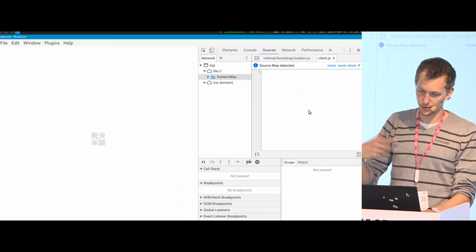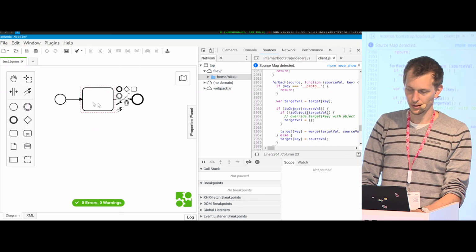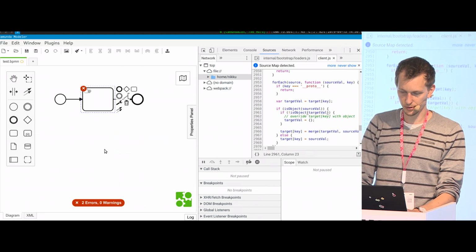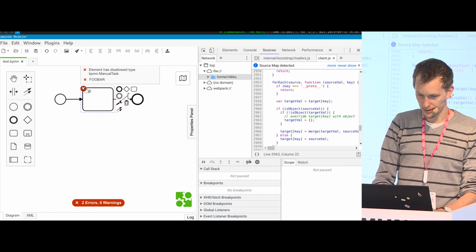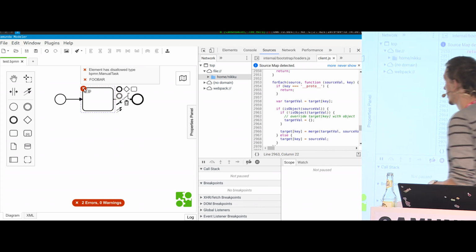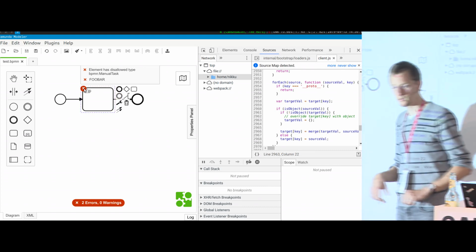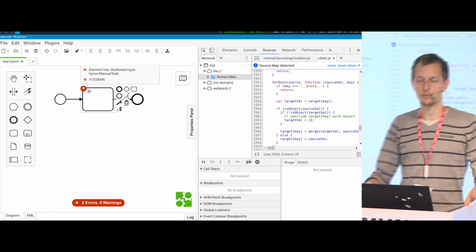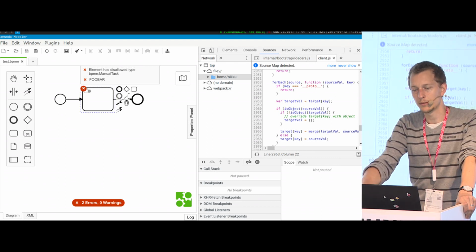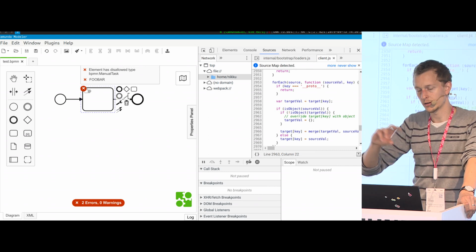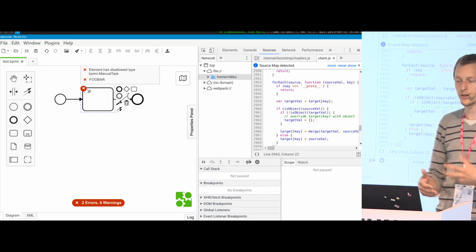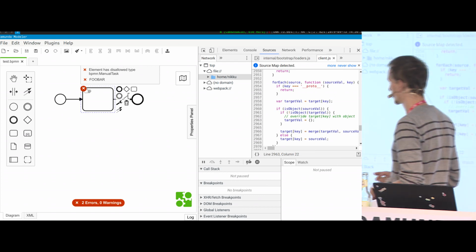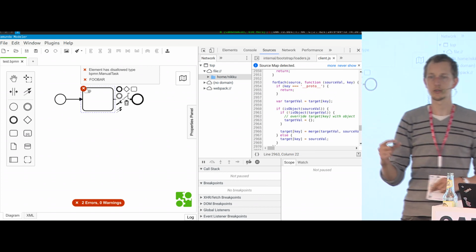Let's try that out. I need to save this one to save some time. So now we have two problems: a disallowed type manual task, and a foobar problem. It shows you can go through that and define what the actual problems are. You can also find different problems in a single rule, but in general